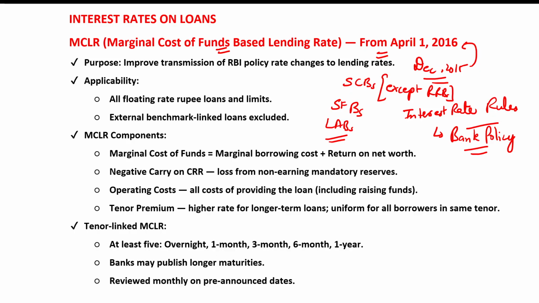Secondly, floating rate loans, all floating rate loans must be linked to benchmark set by RBI. So banks can give loans at fixed or floating rate, and the floating rate is linked to this benchmark. For floating rate calculation, the benchmark rate plus spread, meaning to say extra percentage based on factors of risk,